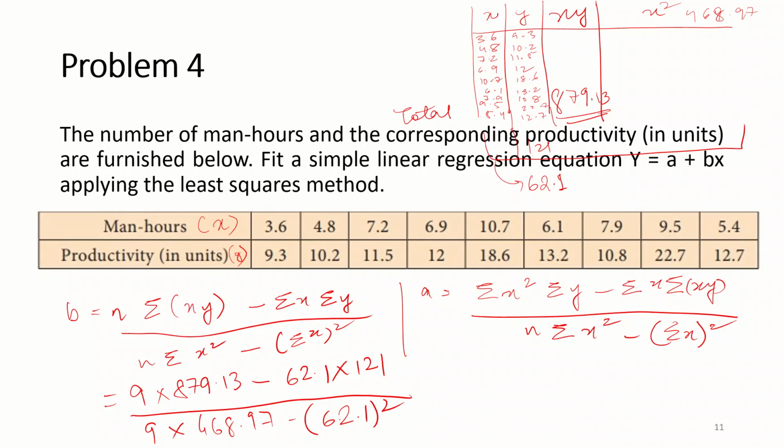Nine into 897.13, into 468. And 97 minus 62.1, yeah, correct. Next is